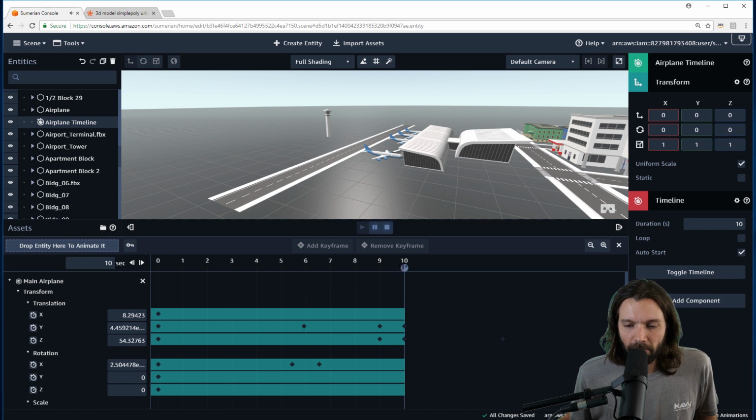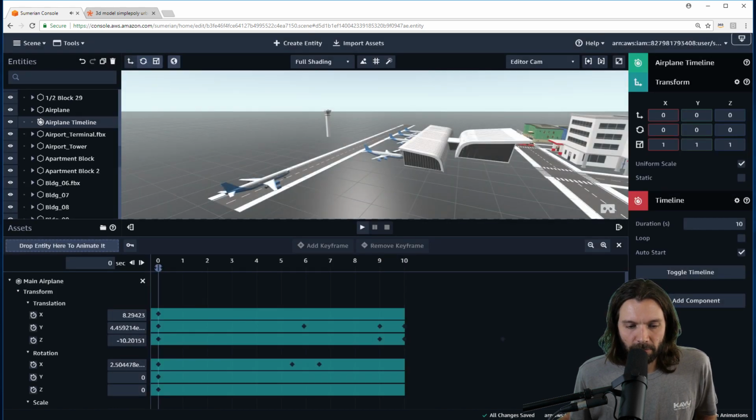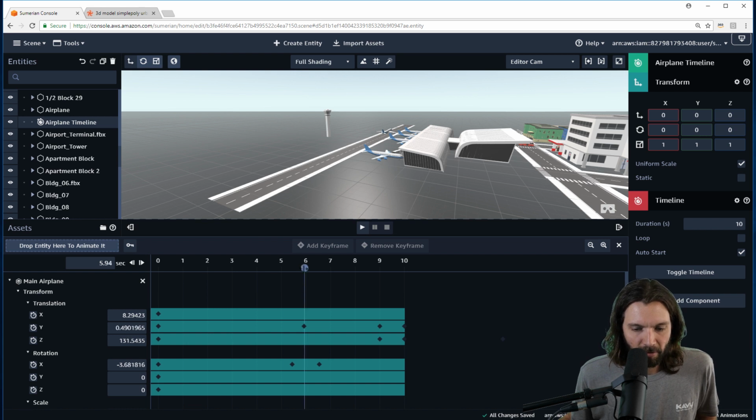And then also, I need to press stop. And then from right here, I kept the same y-axis. So it's at 4.4 units all the way till here. And then we start raising it up a little bit from that point to this point. And then from this keyframe on the y-axis, it goes about 4.5 units to 75 units